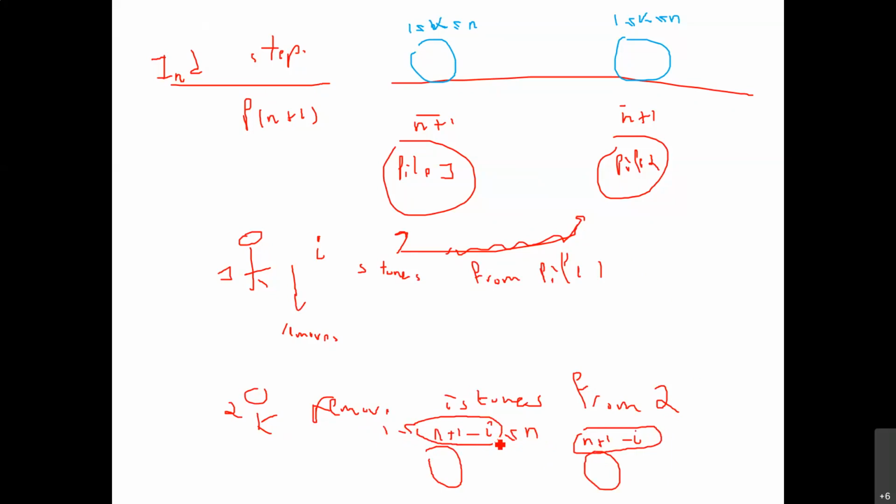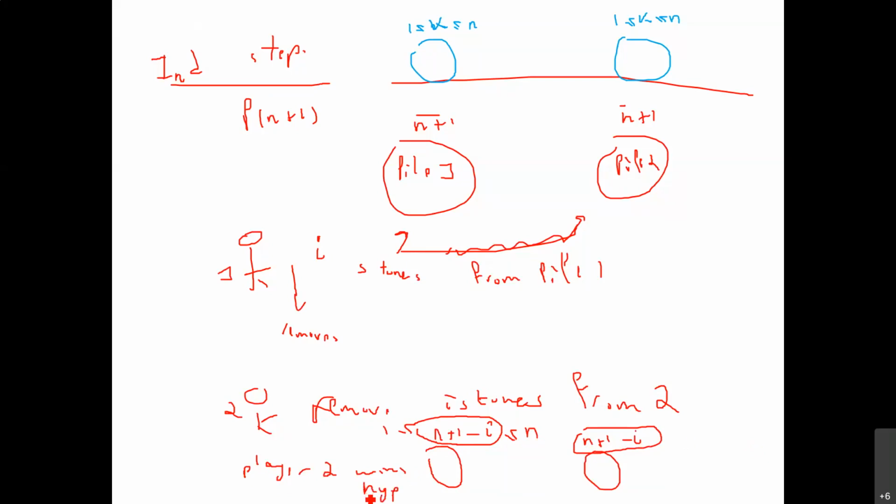If they remove at least one stone, they're back into this range. Then done. Then player 2